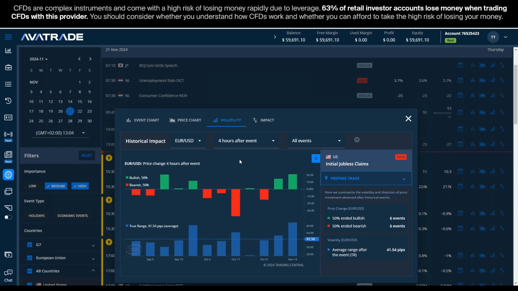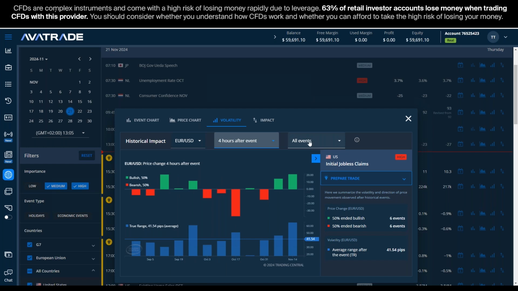And we could say, well, what if we look at the Euro USD or any currency pairing that's listed here against the USD? We can pick the time frame we want. I'll leave it on 4 hours after the event. So if I want to look at Euro USD 4 hours after each of these events, and I want to